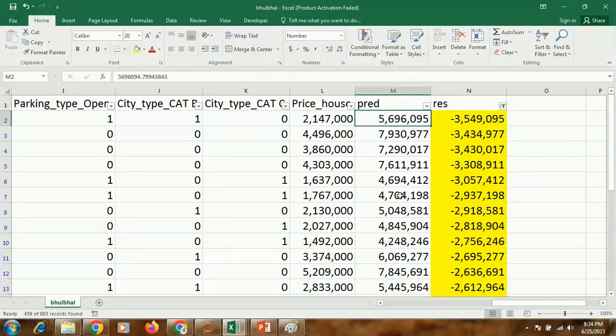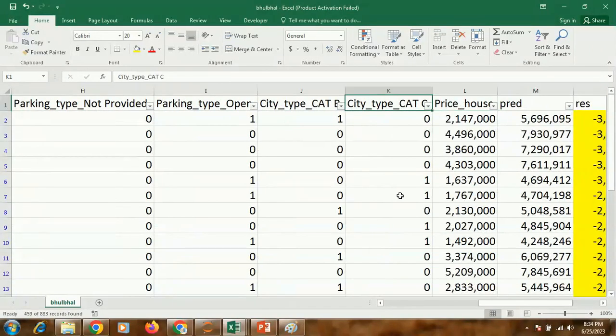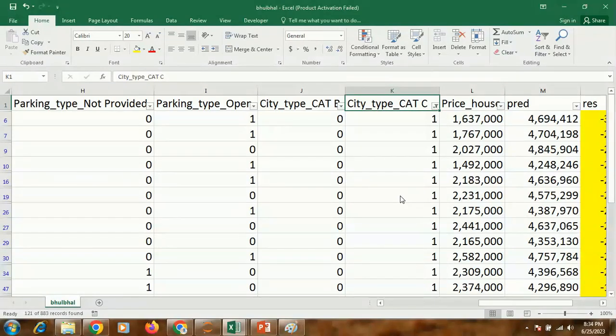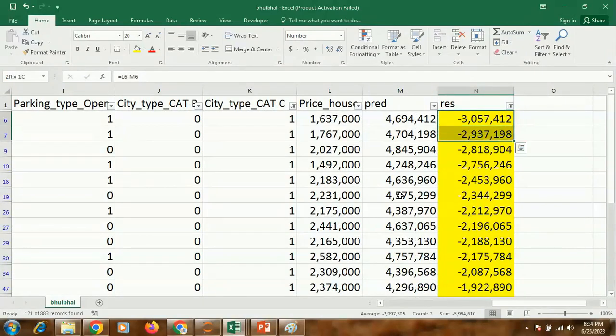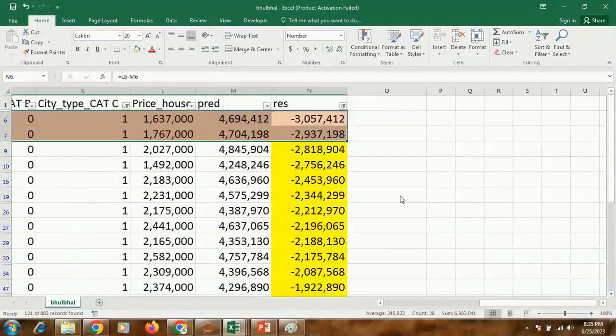So I will say, okay, this is the house you should go for. And then my client might have some other requirement. Okay, give me a recommendation in city type C, which is my most reasonably priced house. Then I will just filter it by city type, and now I will say, okay, these are my two most recommended rows of data.